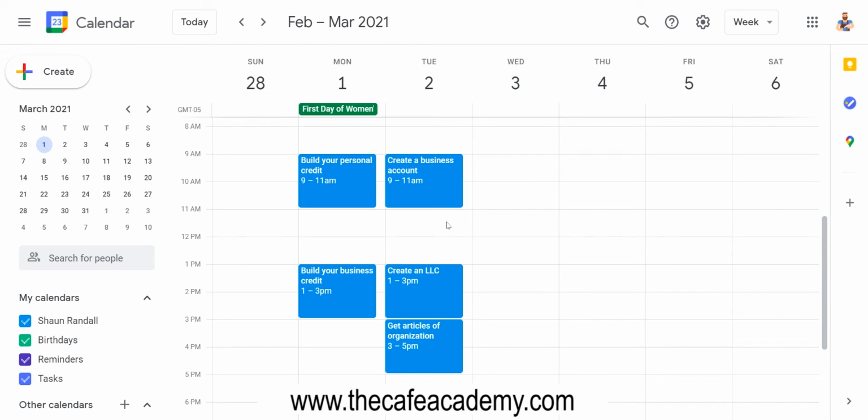Now, when an inconvenience occurs, what you want to do is reschedule your missed activity. So if you're supposed to build your personal credit from 9 a.m. to 11 a.m. and something inconvenient happened at that time, then you want to just reschedule that either for later on that day, or for the next day, or try to squeeze it in for the following day. This will happen a lot, especially if you have a lot of things going on. So don't be afraid to not get it done on that day. You can always reschedule it, but make sure you reschedule it and complete it as soon as possible.